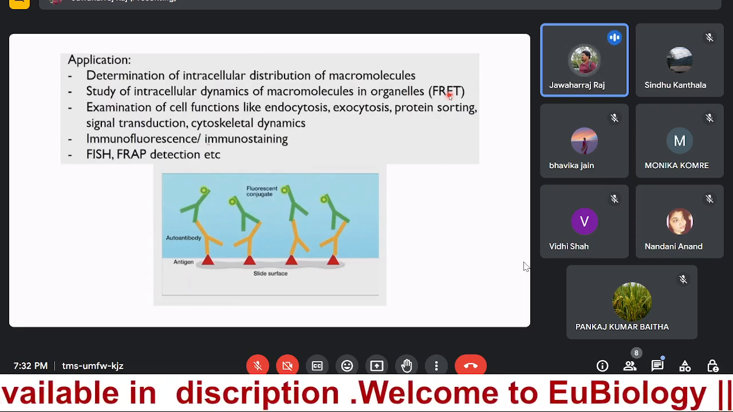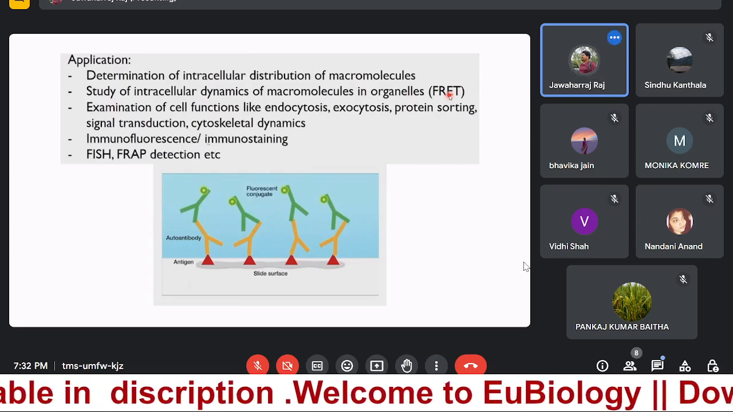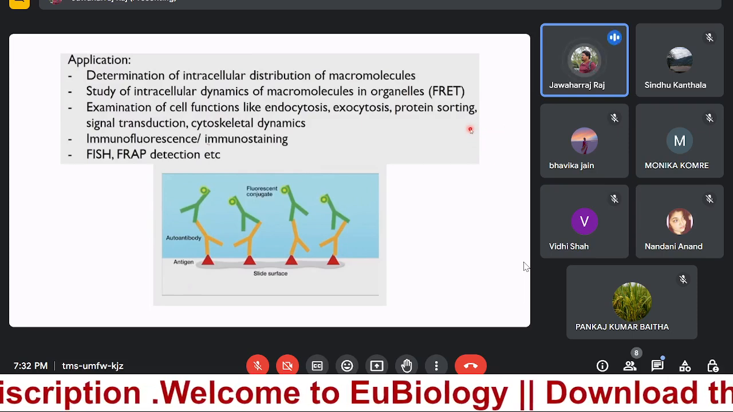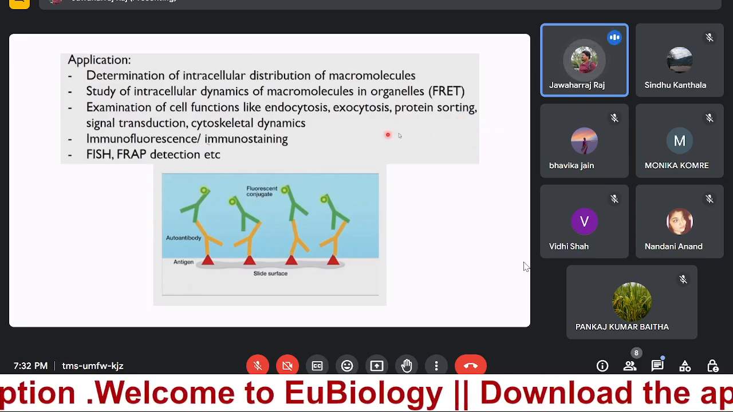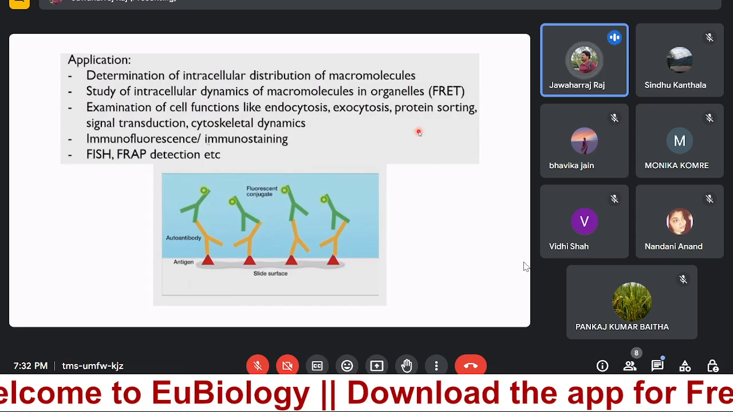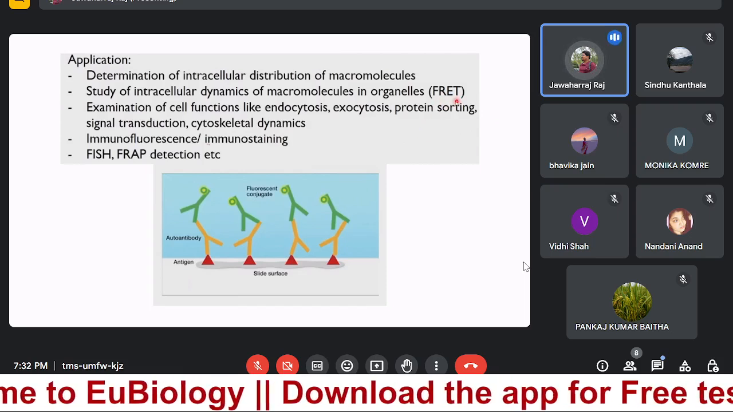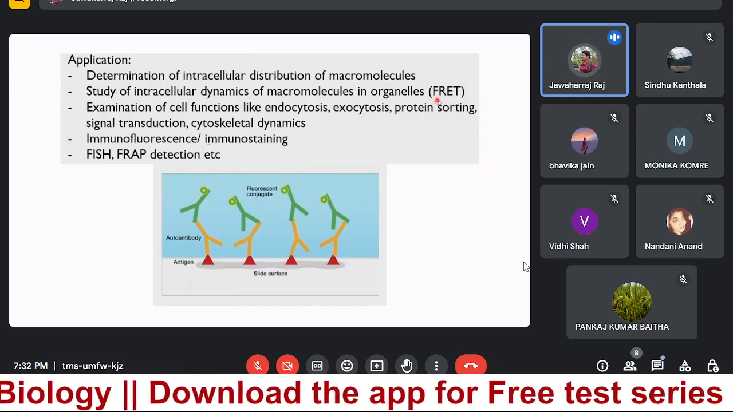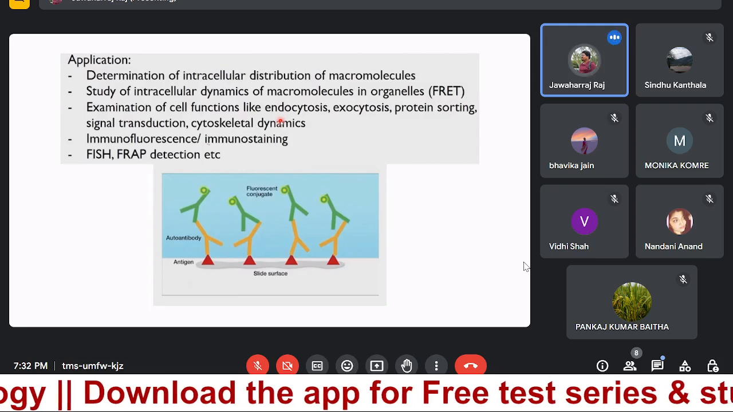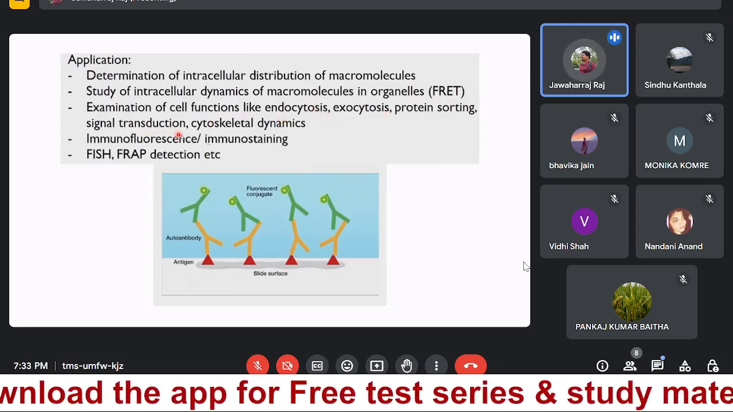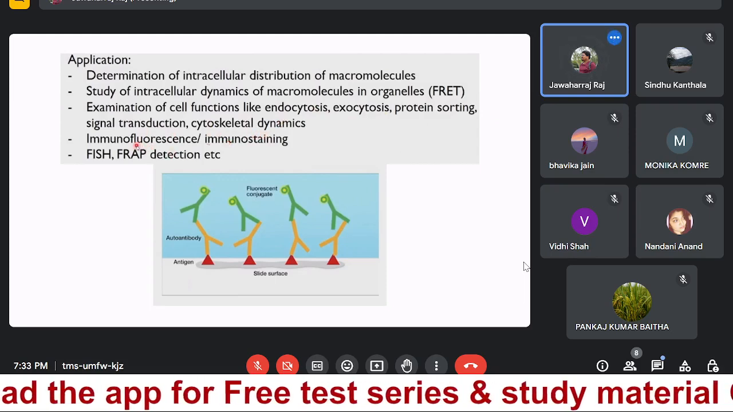If one dye particle is going and binding to your specimen, it will make the surrounding dyes also give color. Why? Because it is passing the resonance energy. That is why it is called FRET, resonance energy. And you can find out endocytosis, exocytosis, protein sorting, signal transduction, cytoskeleton dynamics, and you can also see